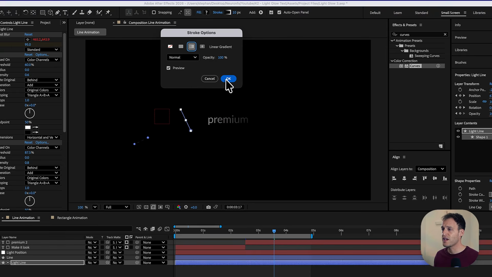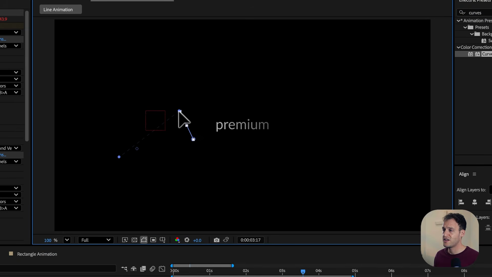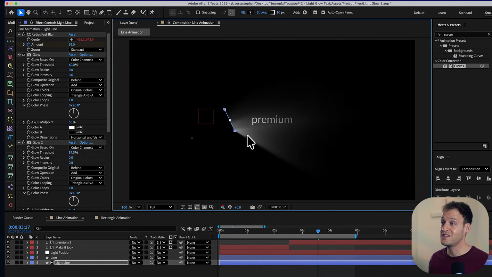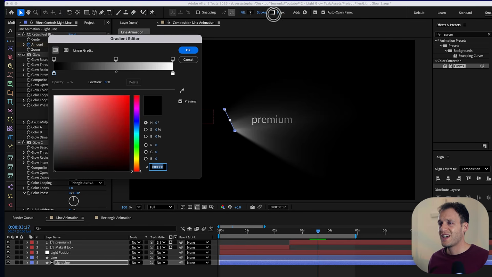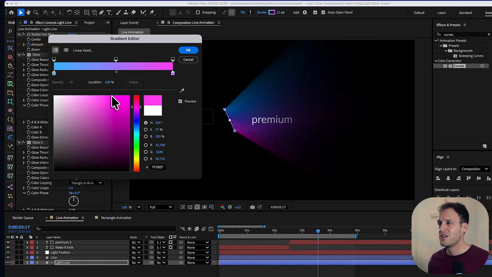Let's click OK. We're simply going to pick these pointers in here and align them with our line right over there. Immediately, you can see your gradient in there. And now we can simply pick the color option from here. From here, we can give it any color. So if I go in here and give it, for instance, a nice blue color like that, go to the second one, give it a purple color, you can see that now we have this nice gradient colors